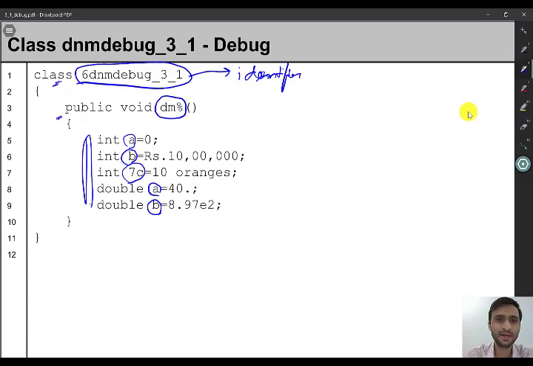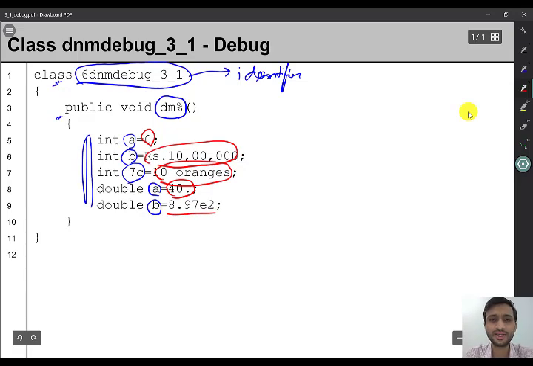So all these blue marked are identifier names. And we have also studied about literals. So we'll mark the literals for you. So here 0, rupees 10 lakhs, 10 oranges, 40.0, 8.97 E2. All these are literals.